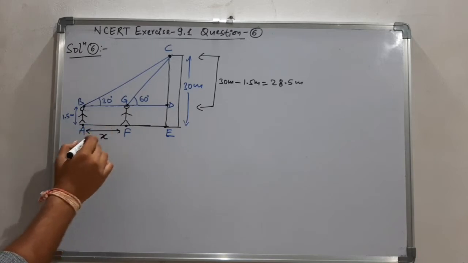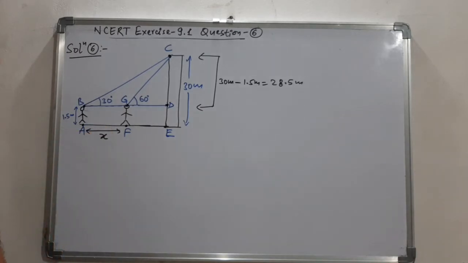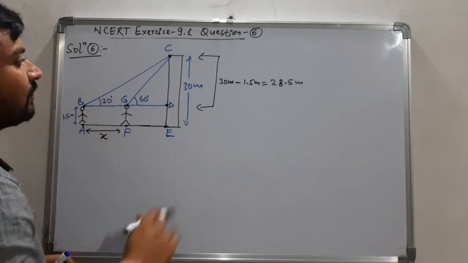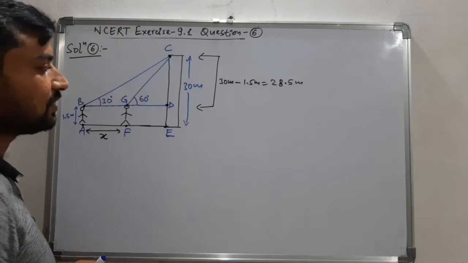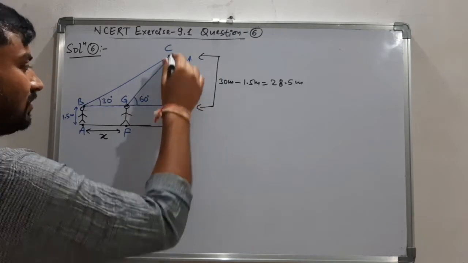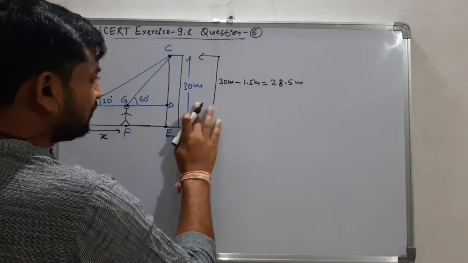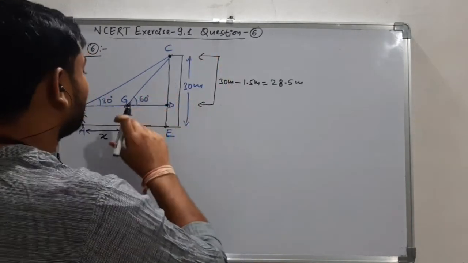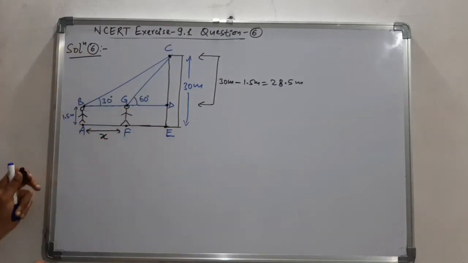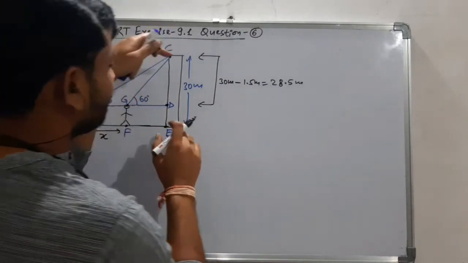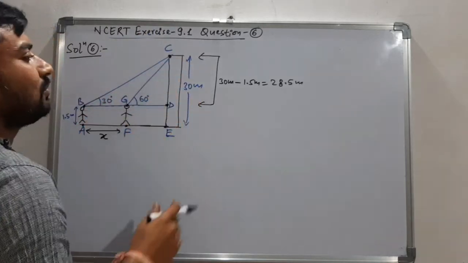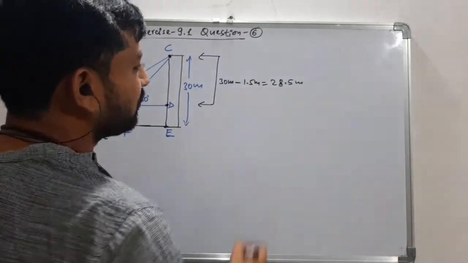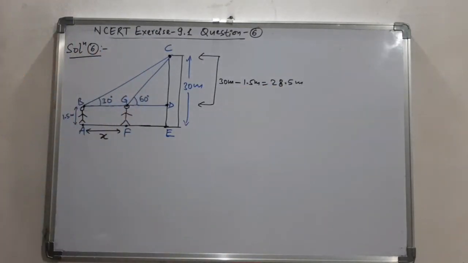The distance moved here I am assuming as x, which we want to calculate. Now as the height of the boy is 1.5 meters and the total height of building is 30 meters, if I want to calculate this distance CD, this will be nothing but the total height of building subtracted by the height of boy. If we take the difference of the height of building and boy, the remaining distance will be equal to this CD. So I calculated 30 minus 1.5, it is 28.5 meters.